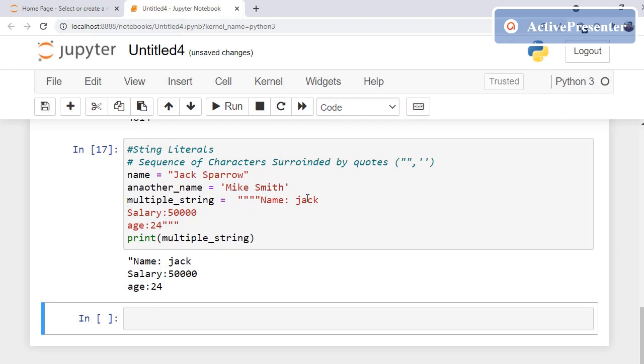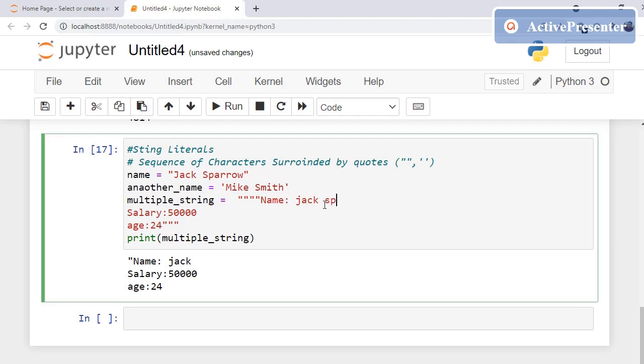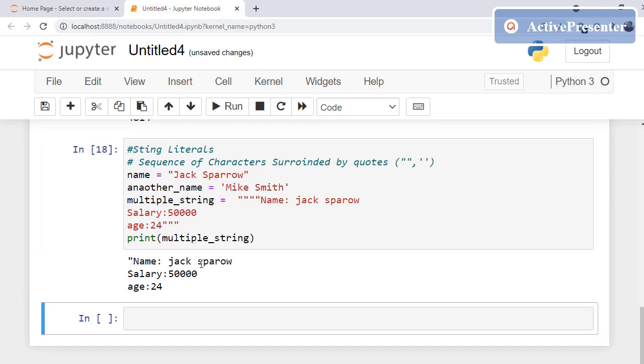Name is Jack, then salary is this. Multiple strings means these are different lines or different strings, not a single string. A single string means Jack Sparrow is a single string. Now if I run this, you see the name Jack Sparrow becomes a single string and this is a separate string. So this is about string literals.